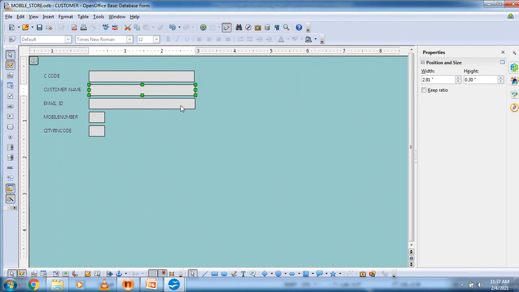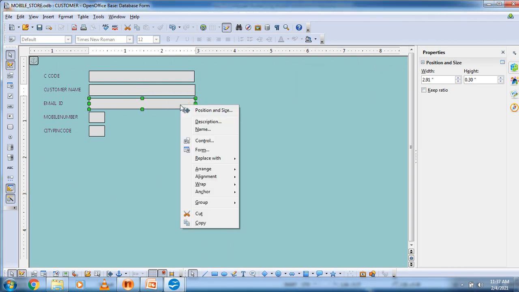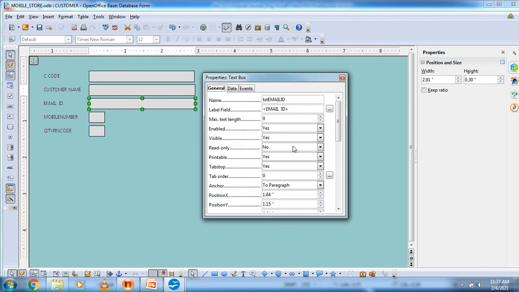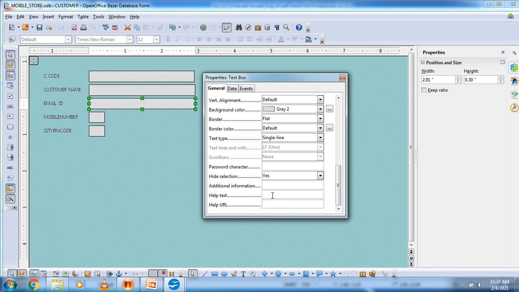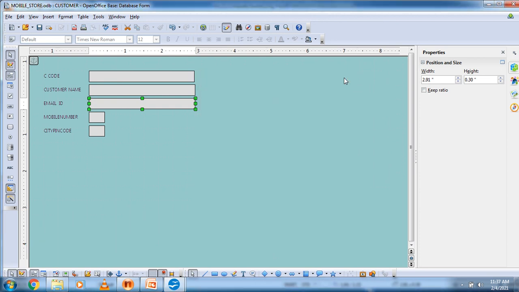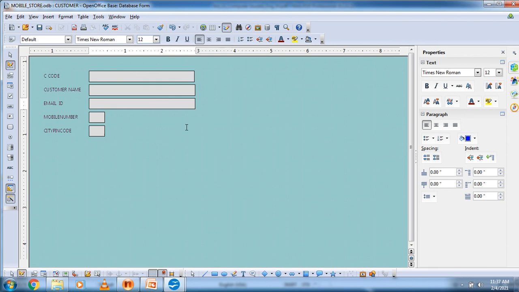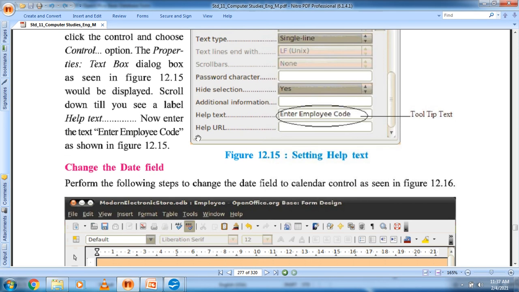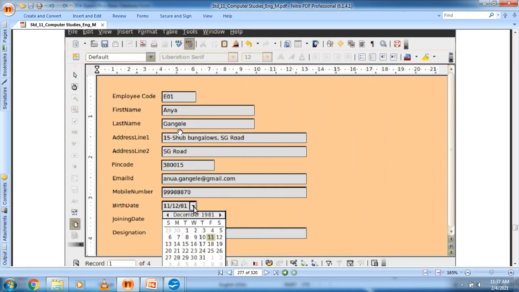Then again select this text box, control, and from here enter email ID, right, this way. And now when you save it, after that change the data field.